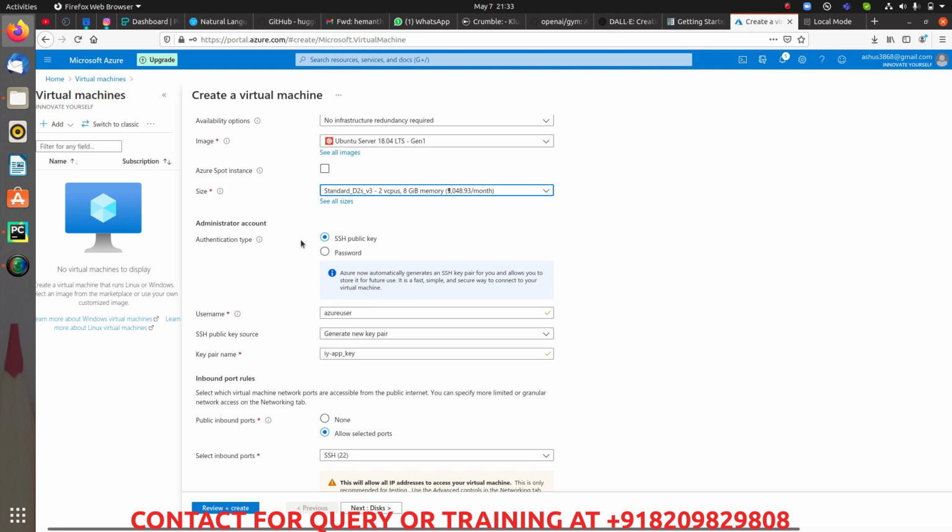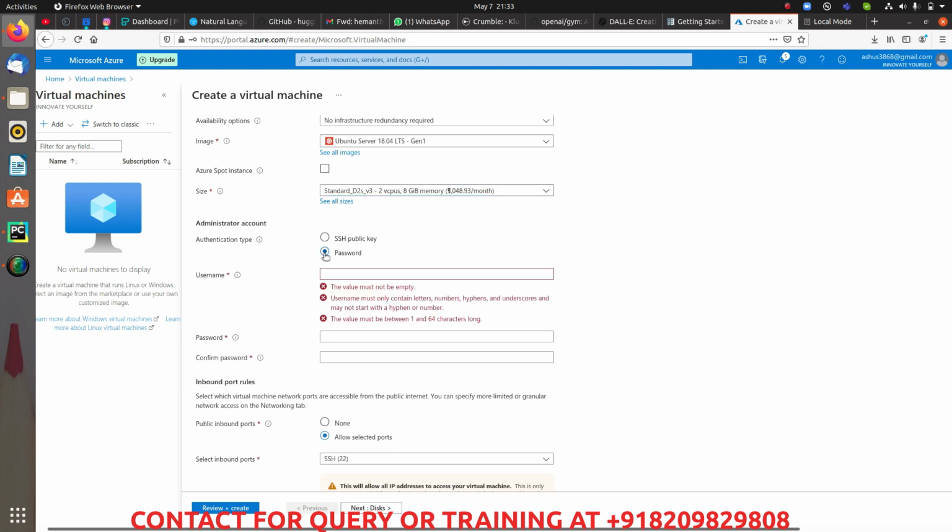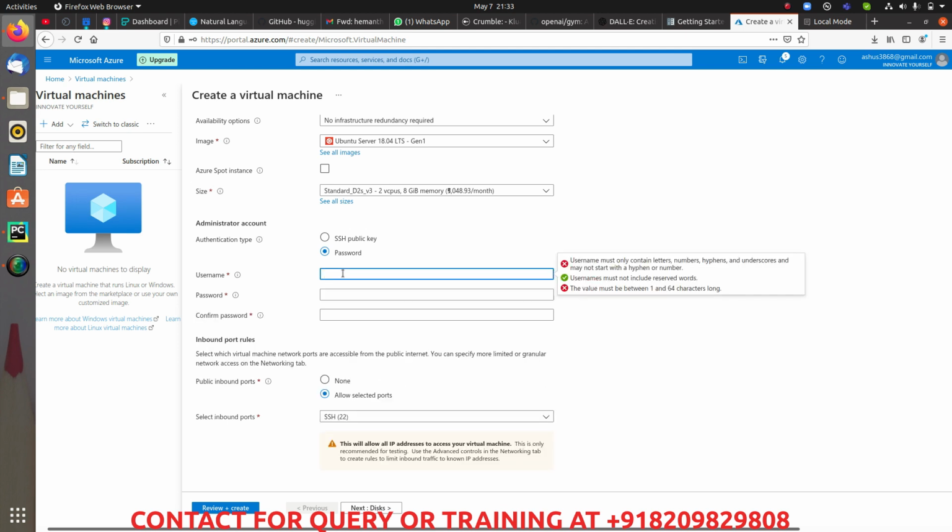Like how do you want to do the authentication? I don't want to do it with SSH, so that's why I will be using the password. And in here I can set up the username and password, so that whenever I log into that VM instance, I will be logging in with the username and password, just like I'm opening an operating system, right? So this is what I will be doing. Now over here let me write a username. Let's say I will be giving it a name as innovate, and accordingly just write the password for it, right? So password and confirm password should match.